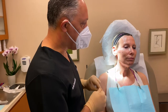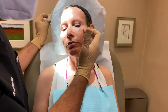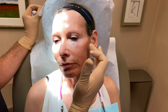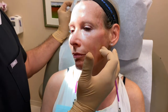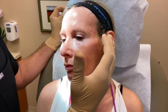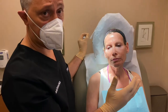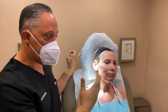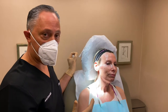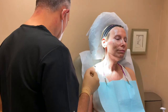If you just remember what I did on her left side, I did 1 syringe here. I did about half a syringe here. And then we did about, I think, a syringe and a half. So 1.5 from 1.5 is about 3 syringes. So that was 3 syringes on this side, and that is still not equal to 1 teaspoon. It's about 3/5 of 1 teaspoon. So I don't want you to think that even though we're using multiple syringes, there's a lot going in. It's really important to understand that. So we're going to go ahead and